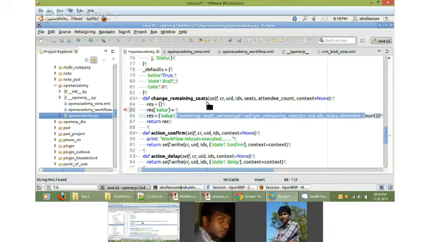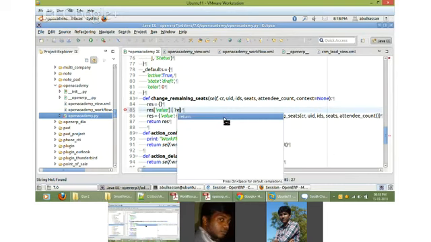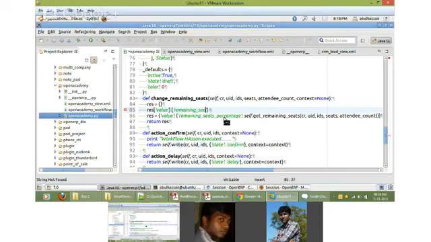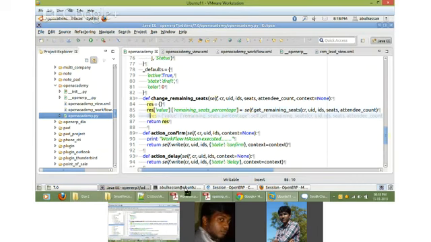Or you can say something like this: value of remaining, which is the field that we'll be setting up, is equal to this function. So this also should return the same thing. Let me comment this code and see.